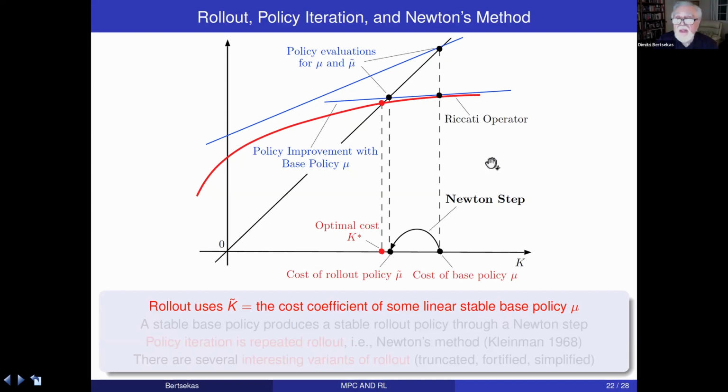For multi-dimensional linear quadratic problems, the region of stability is more complicated. Yes. And so one has to be careful about making general statements, but I'm pretty sure that this is a good way to go about it intuitively. And it's generally true that if you're clever about picking the starting point for the Newton step on the right side of K star, then you can be within the region of stability, and then MPC is going to work very well. Yeah, thank you. I think that was exactly the direction I wanted.